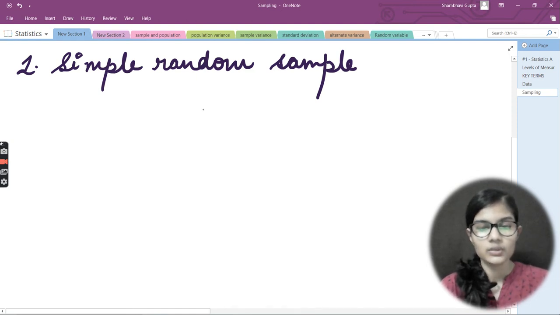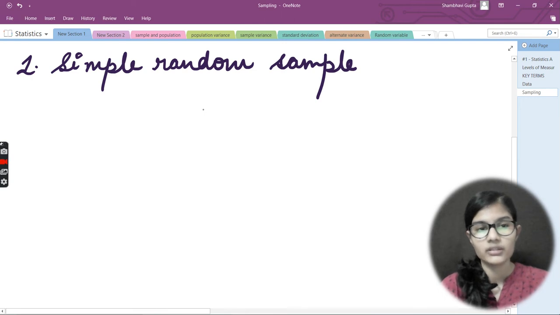Here, whatever the form of sampling, each member of a population has an equal chance of being selected for the sample. Each member of that population has the same chance of being chosen. That is the correct thing.